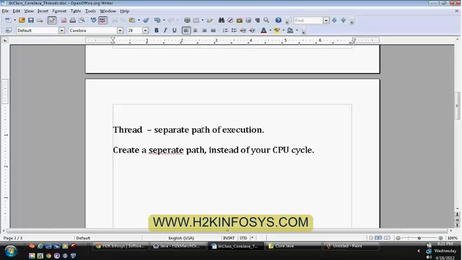So whenever a particular thread is in waiting status, you can inform the JVM to work on some other thread.